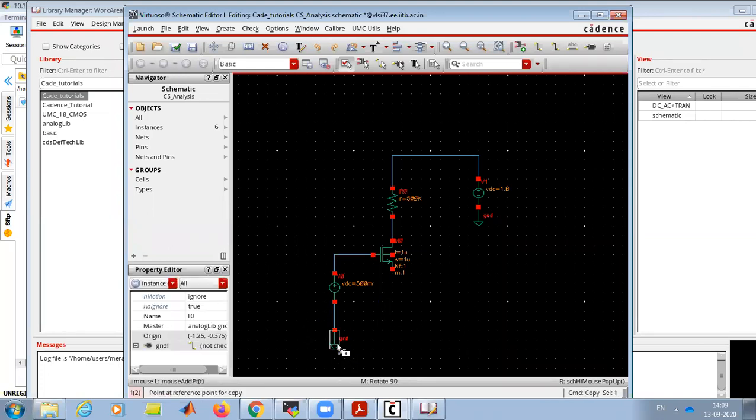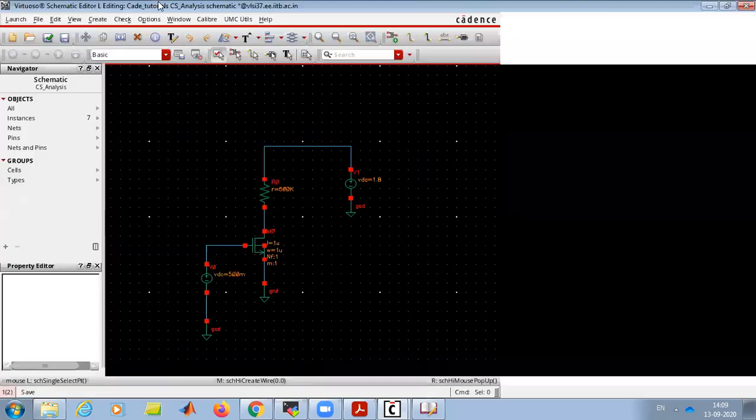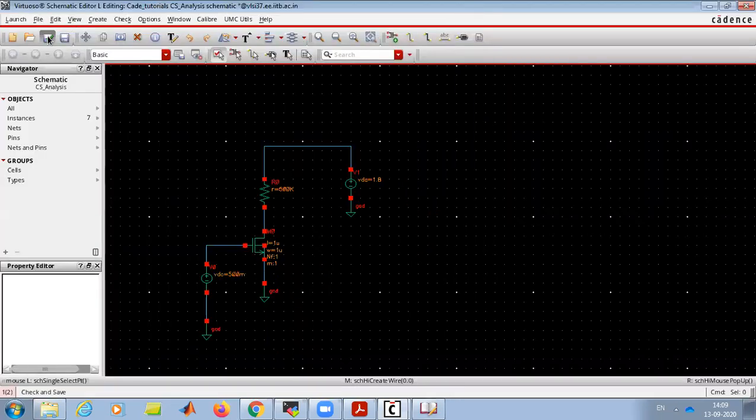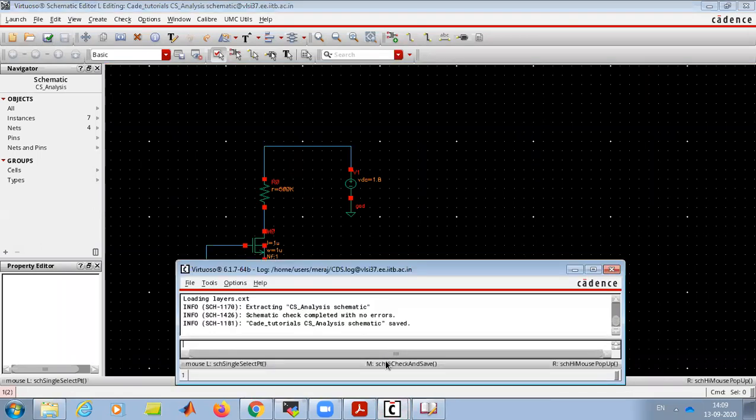You can copy also using C. Done. Check and save. No errors.